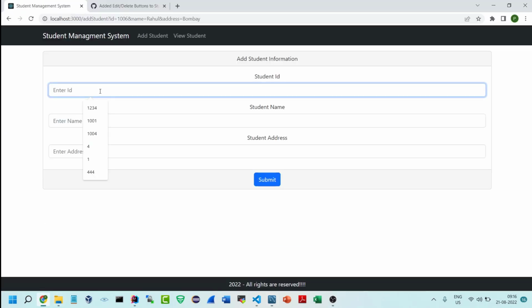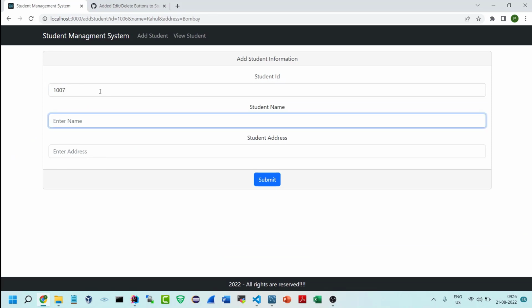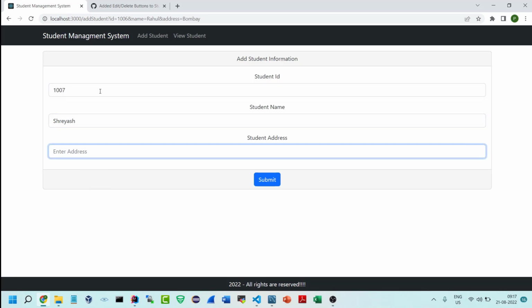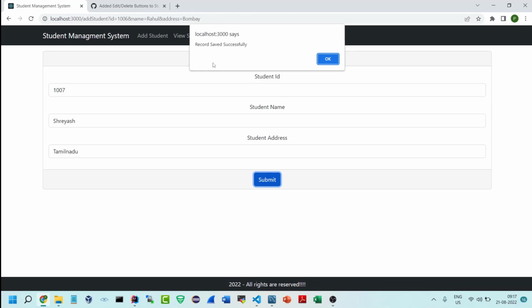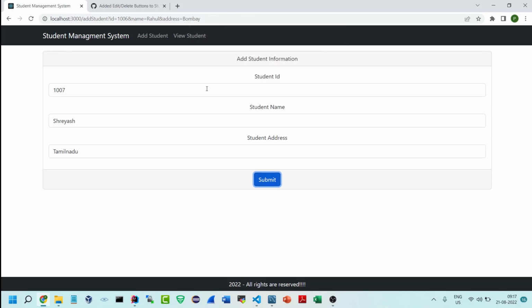Now let me add the new record, that is 1007, and giving a name, let's say Shreyas, and the address is Tamil Nadu. Let me click on submit. I should get the message, record saved successfully. Okay, let me add